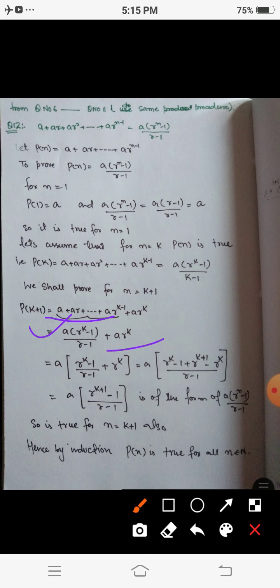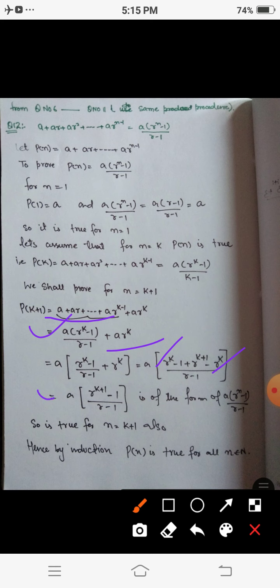Now the last term is ar^k. Taking a common, we are left with a[(r^k - 1)/(r - 1) + r^k]. Now by cross multiplication, r^k and minus r^k cancel,